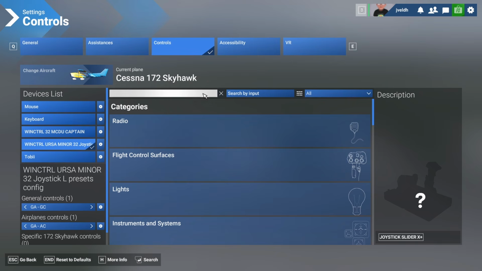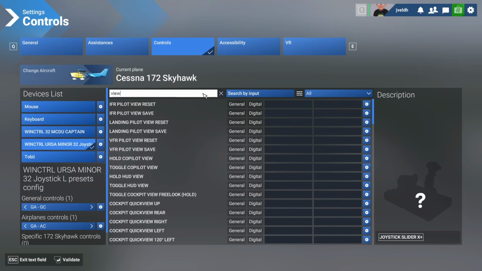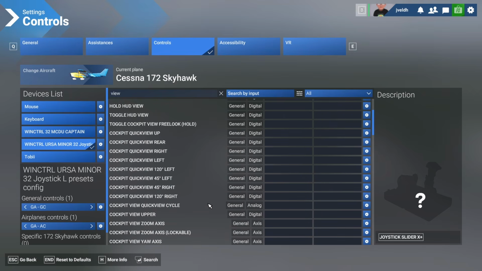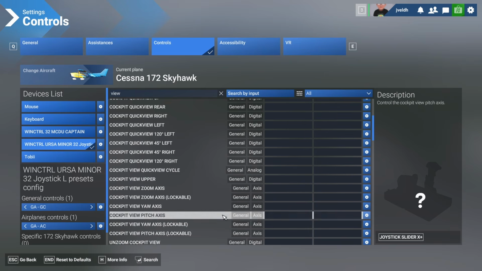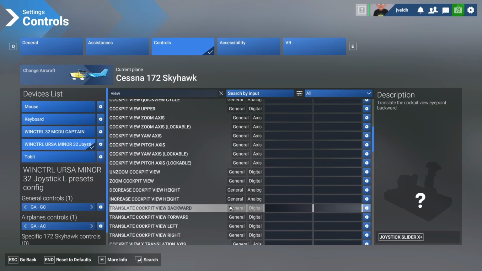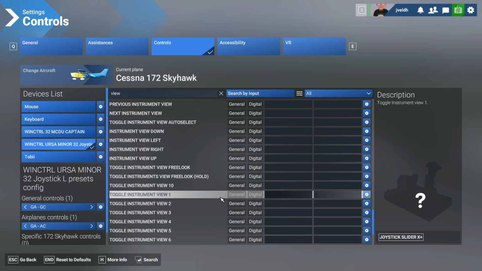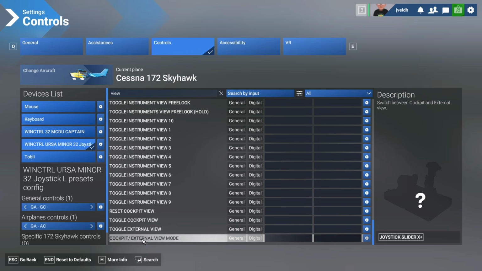So, what do we need to do next? I think changing the view, that's something I do a lot. I'm not sure about you, but changing between the internal view and the external view might be very useful. So let's search for that one. If you search for view, you get a ton of entries. You can see all of them are digital, some of them are analog, some of them are axis, which is also interesting. And if we completely scroll down, you will find a nice option which is called Cockpit External View